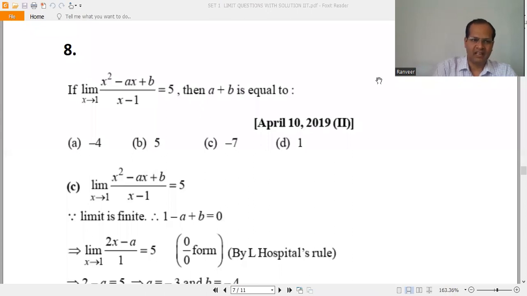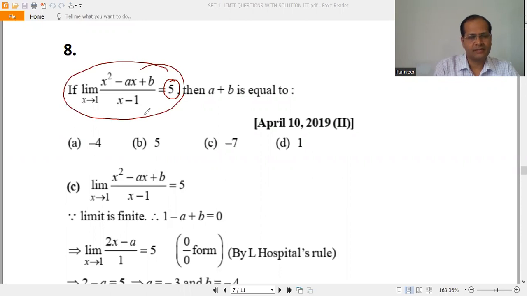Now question number 8. Limit x tending to 1, x square minus ax plus b divided by x minus 1 equals 5. So the most important thing is to first understand the meaning of this. This should be in the form of a limiting value. That means